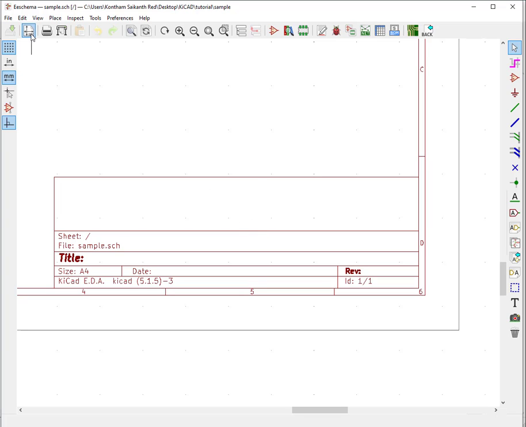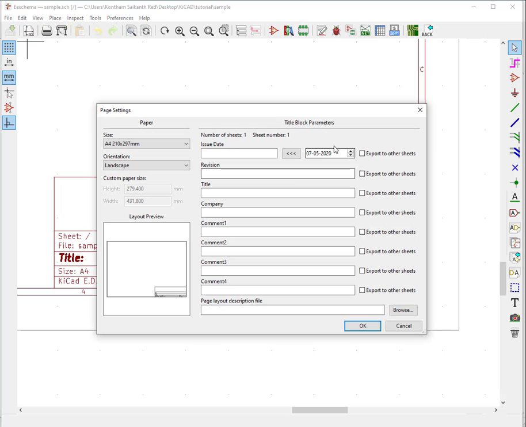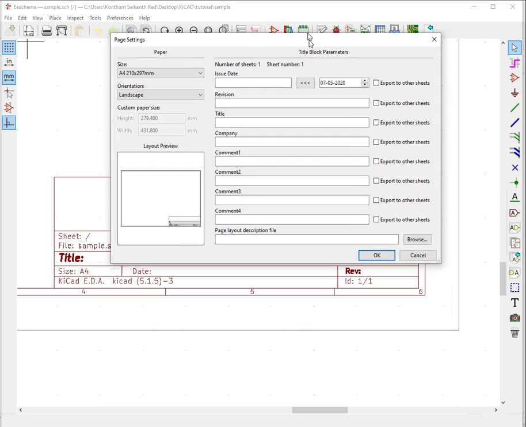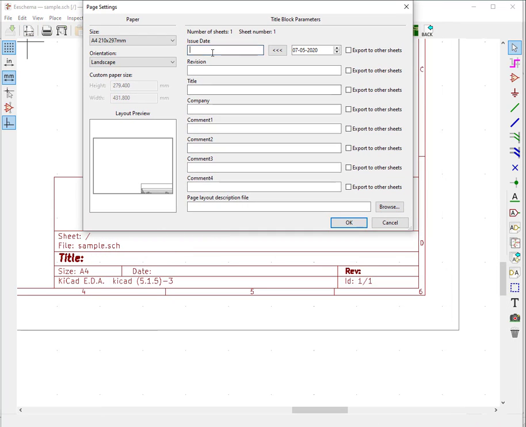For that you have a properties icon here, so just click on that, Edit Page Settings. You'll get all the details like this. For the issue date, click on these three arrows, which will add today's date into the issue date.